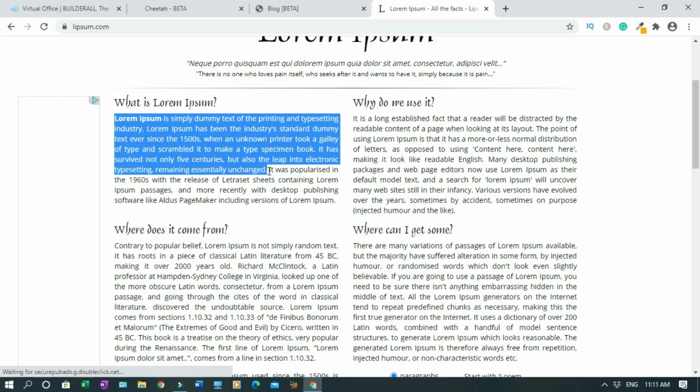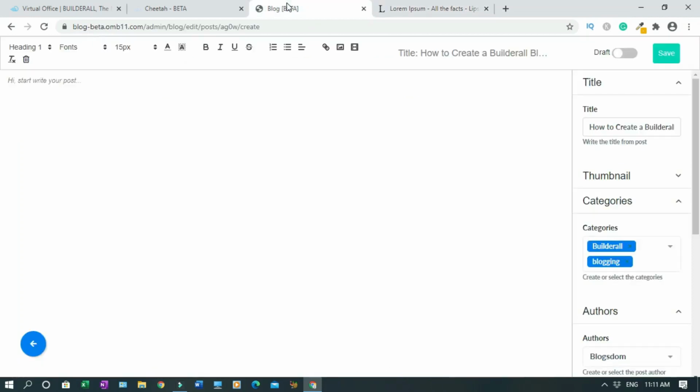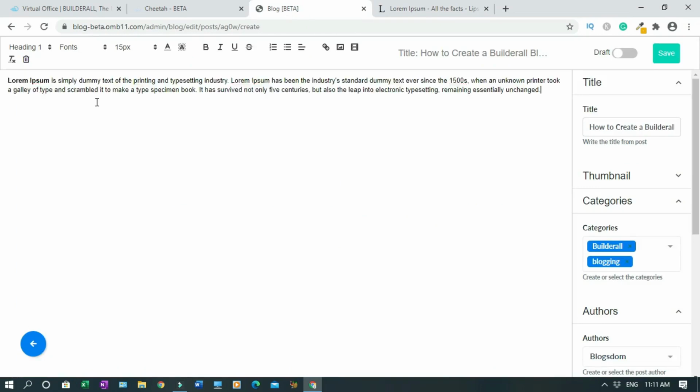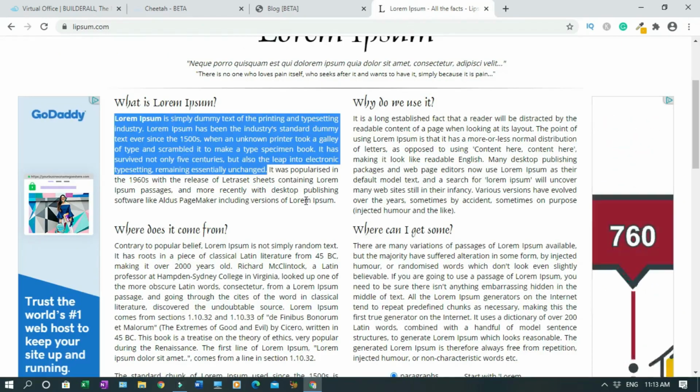So here, then copy, come back here, then drop it. All right, so I'm using this as an example. So this is like a subtitle. So go back to Lorem Ipsum and